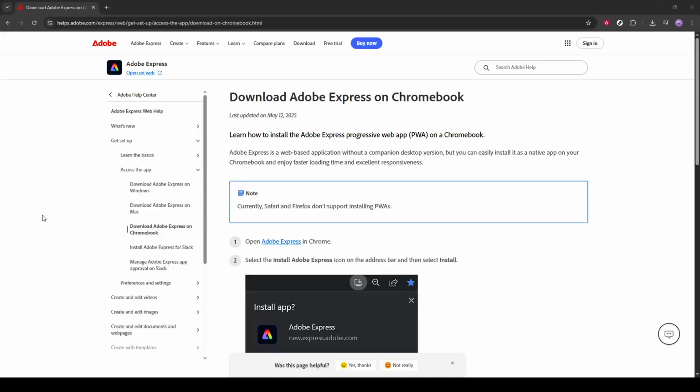In today's video, I'm going to teach you how to get Photoshop on your Chromebook. This is a handy guide for anyone looking to harness the power of Photoshop while using one of these versatile devices. Now, you may be wondering how this works since traditional software installations aren't quite the same on Chromebooks, but Adobe has made it easy for you with a couple of options that allow you to access Photoshop's capabilities right